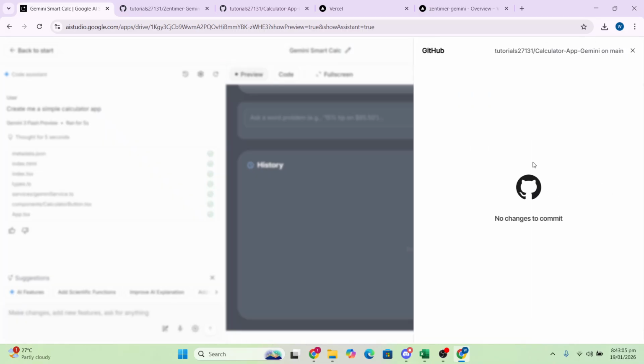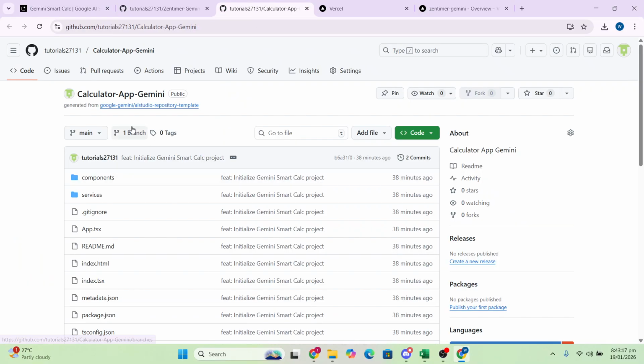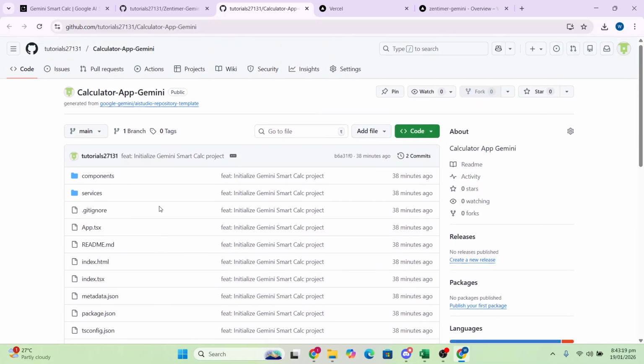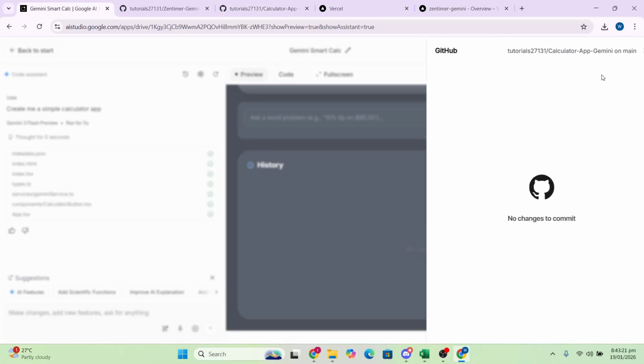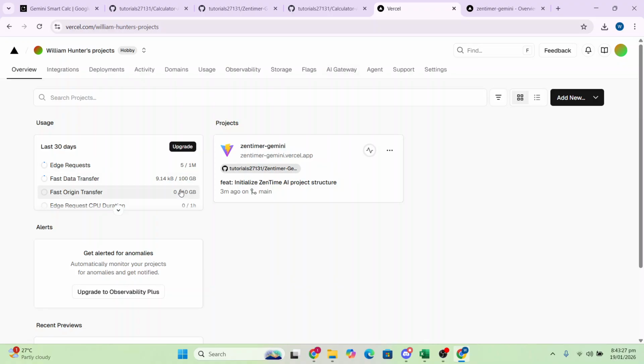click on Save to GitHub, and then it will go ahead and ask you to create a repository, then commit changes. I have another video where I show you how to do that step by step and how to connect to GitHub as well. So once you go ahead and save it to GitHub repository, you'll find it right here. And you just go ahead and click on that link here at the top and it will redirect you to this page. And then what I want you to do is go to Vercel,